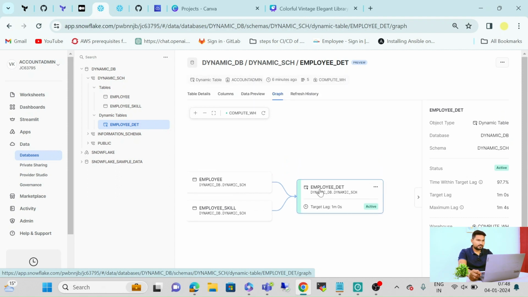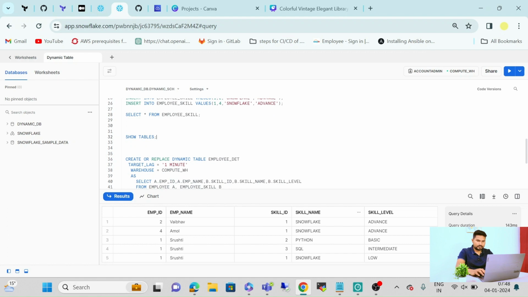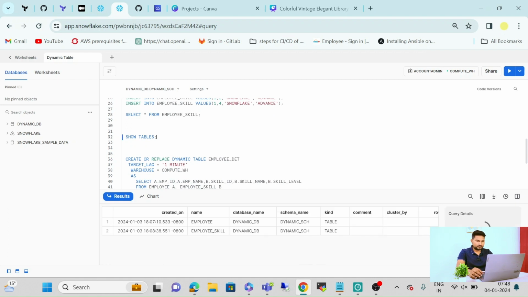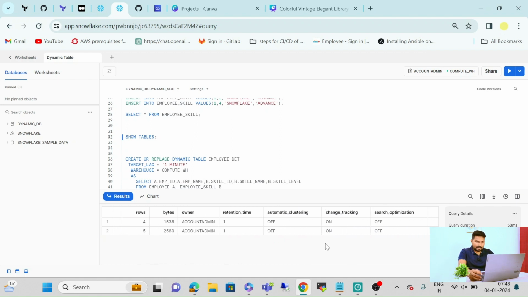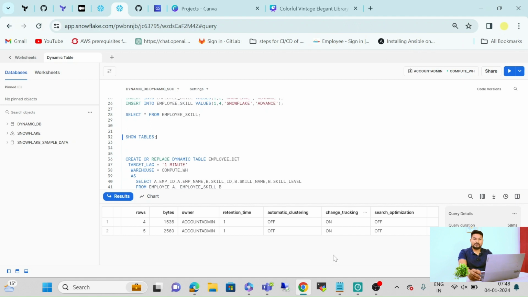And one more thing. As I have shown you earlier, the change tracking was disabled. But when we create the dynamic table, now you can see the change tracking has been enabled automatically. We don't write any query to enable the change tracking. It will automatically